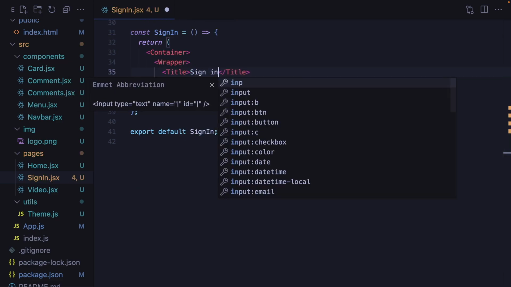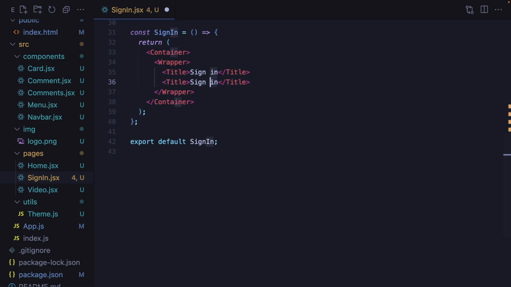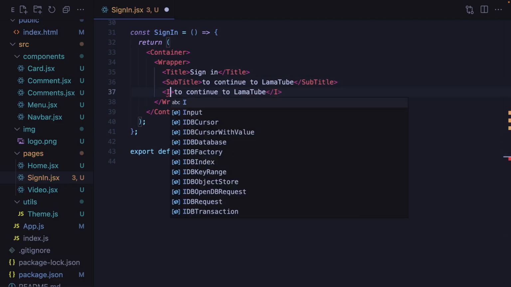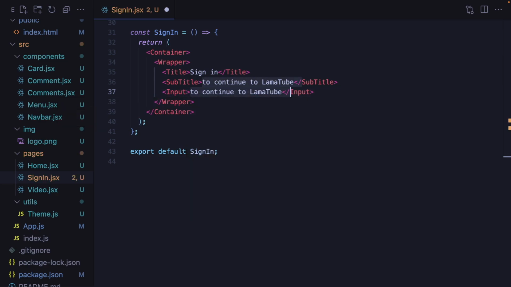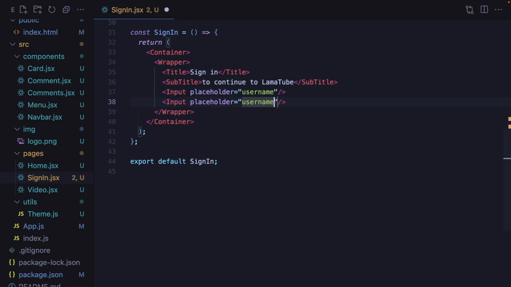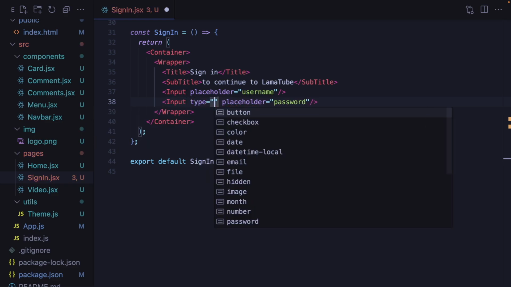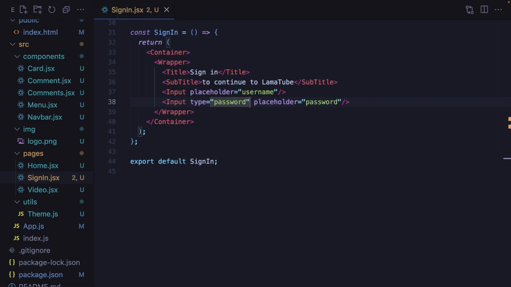I will say sign in, one more to continue our website. It's gonna be subtitle, and after that we are gonna have input. Let's delete here, and I'm gonna give placeholder. It's gonna be username, one more, it's gonna be password. Of course, it's gonna be password type. Okay, and after that button, sign in,